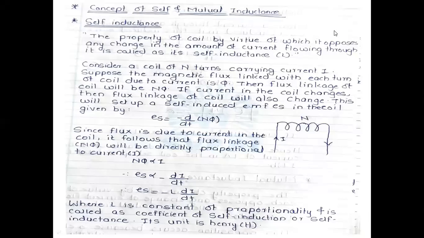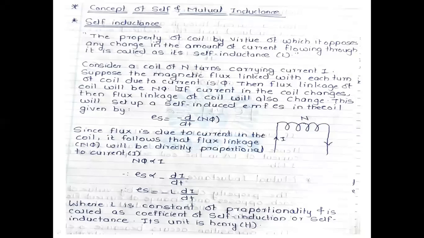We have started mutual inductance, and in electromagnetic induction we have to discuss the concept of self and mutual inductance. In yesterday's class, we already discussed what is meant by self inductance, and this formula also. So self-inductance is nothing but the property of a material or coil